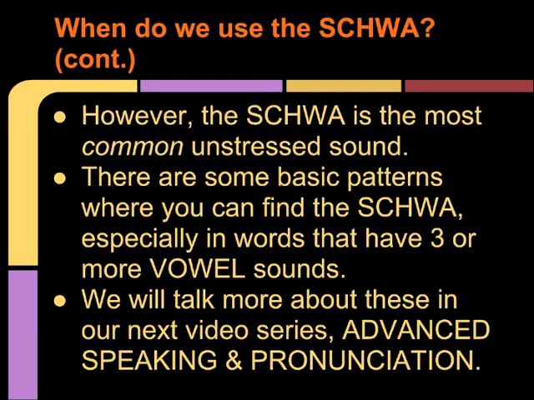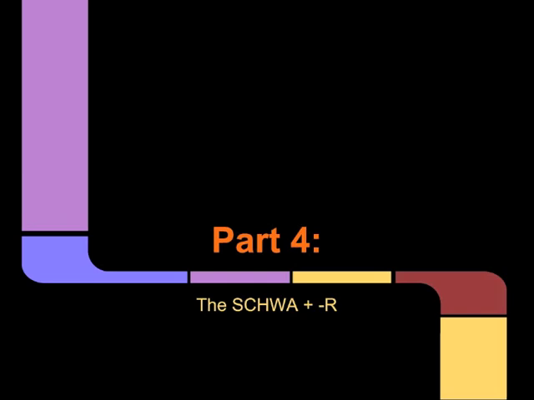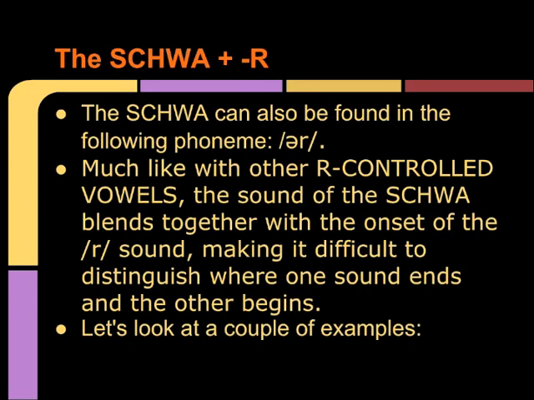There are some basic patterns where you can find the schwa, especially in words that have 3 or more vowel sounds. We will talk more about these in our next video series, Advanced Speaking and Pronunciation. Part 4. The schwa plus R. The schwa can also be found in the following phoneme,